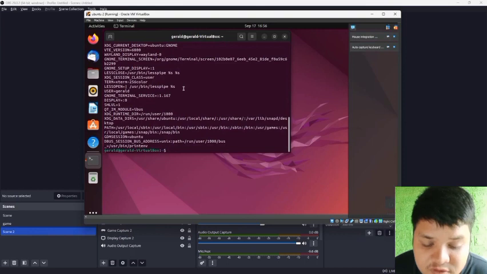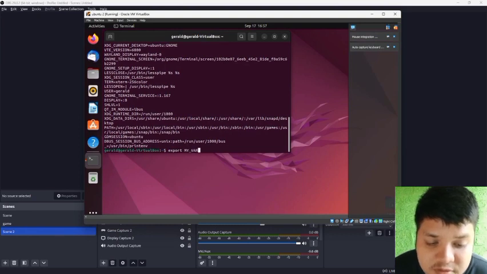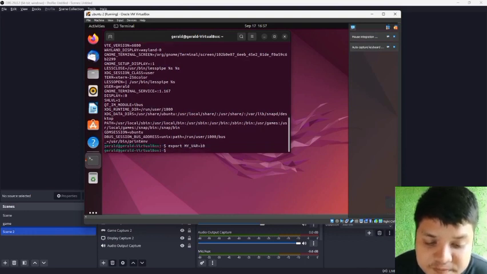So the first, if you want to set a variable, you can use the export command. So we'll type export, our variable, MYVAR for the variable name, value 10. So enter. So it's already set the variable.